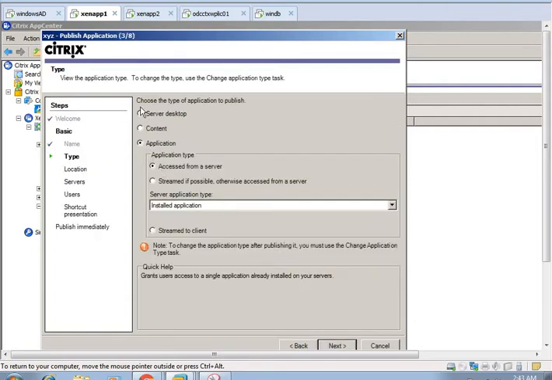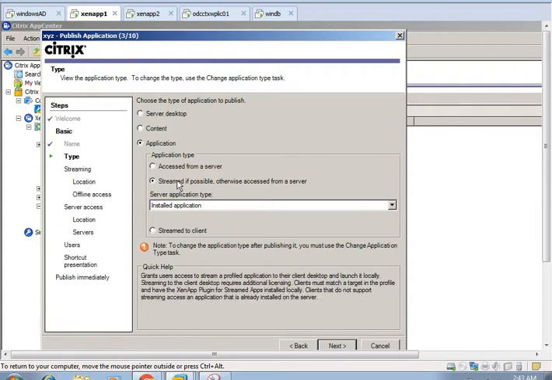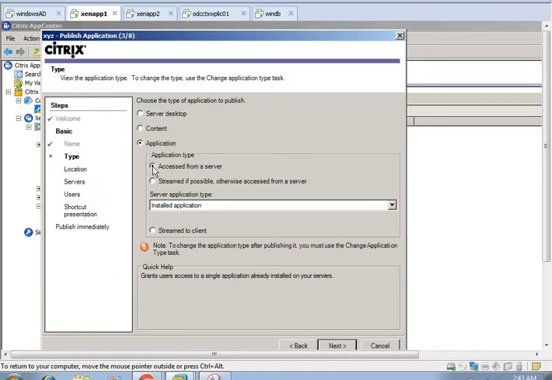Next is the application type: server desktop, content, application, or here a streamed application, stream to server, stream to client. Then I need to choose the application type, and see the difference. Once I go to access from server, it shows name, type, location, server, user, and all this.